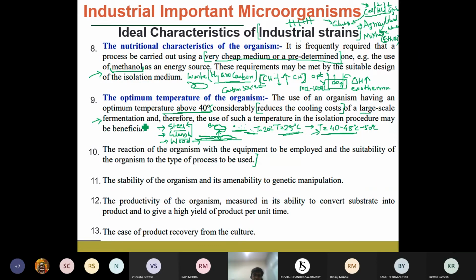So whenever, for example, in a bioreactor you are carrying out a fermentation process, you know that in a bioreactor there are different components like stirrers and agitators, and they are all basically metallic components. So when these microbes come in contact with the different components or equipment present in the fermentation system, they adhere on the surface of this equipment, and they start to grow and form a very thin layer of biofilm onto these metallic substrates.